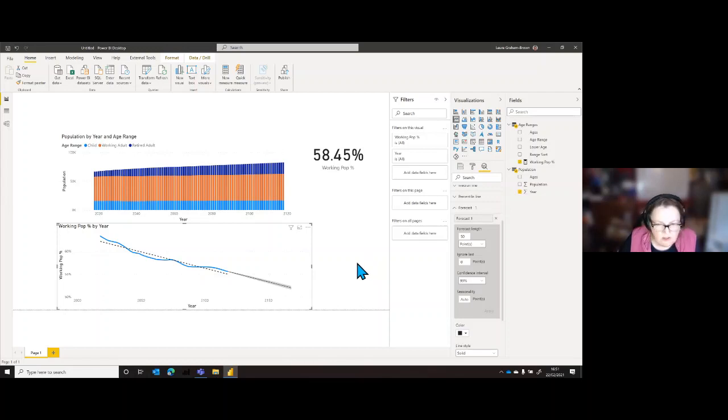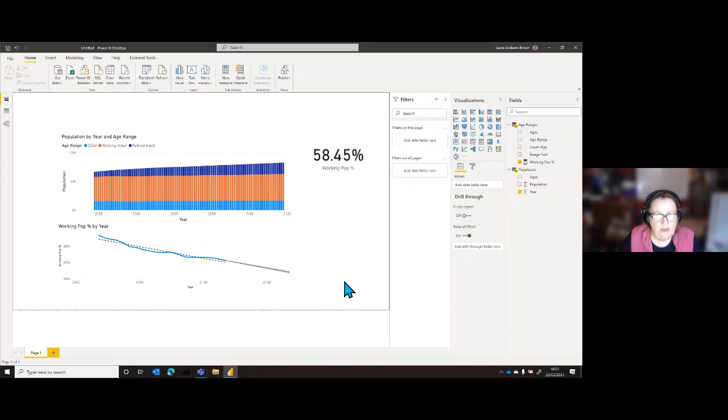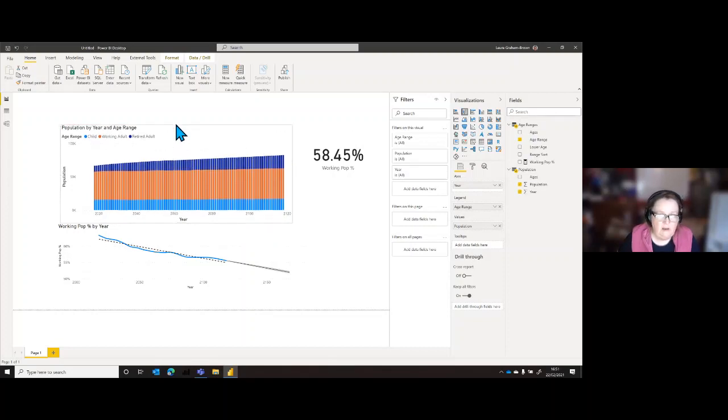So one thing I want to do before we move on, okay, any questions? Let me just check the questions first. So with regards to selecting the years, one nice thing that we could do on this chart is there's a new feature. So I'm going to show you a new feature on here, and then show you some other things that we could do.